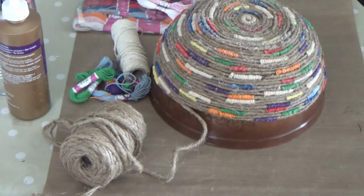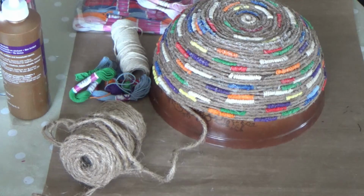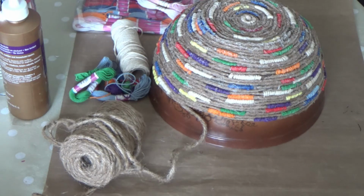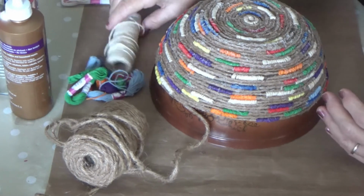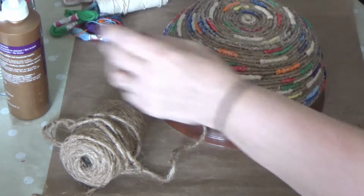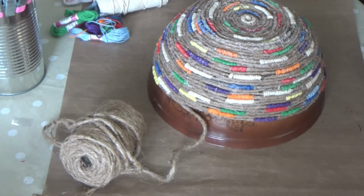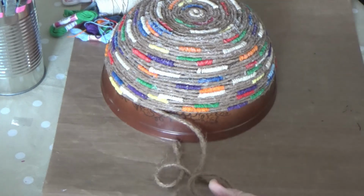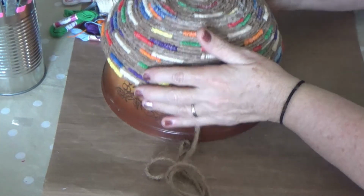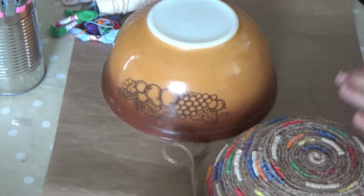Okay, I am back, and I'm going to do a little bit more on line and then take it off, and the next time I come back, the whole bowl should actually be done, and then we're going to go and seal the bowl in. So I have some more glue, and I'm going to just do it. Now I have to make sure I let it dry, so I take the plastic off, but I come back with the plastic,